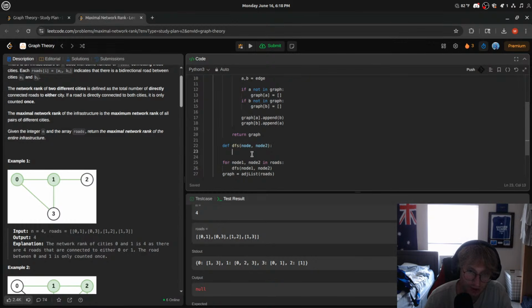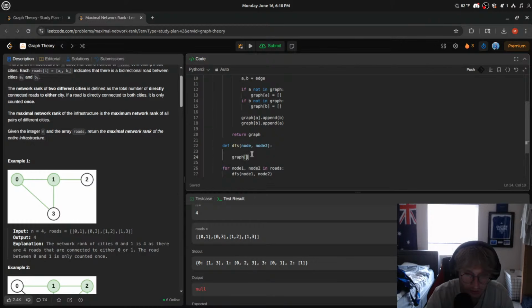Outside of our DFS function, we can do, okay, let's do, this isn't really a DFS function. This is more something different, but let's do